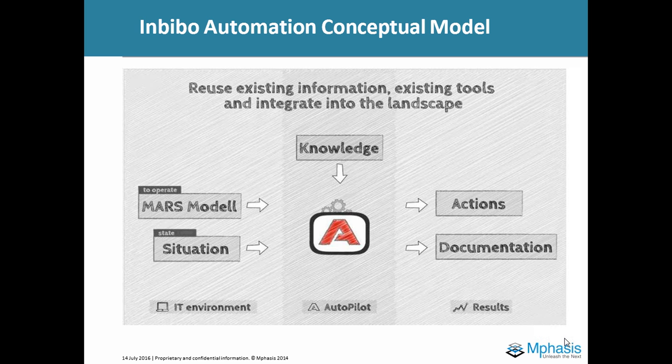What you see in the center is the knowledge. So the Autopilot engine basically has a pool of knowledge which has been developed. What knowledge means is a set of sequence of tasks which are executed to resolve a particular situation. In a typical IT environment, you would see a situation like a server going down or a service going down or CPU reaching 100% and so on. So the situational data is being fed into the Autopilot engine, and the engine traverses and searches for the knowledge